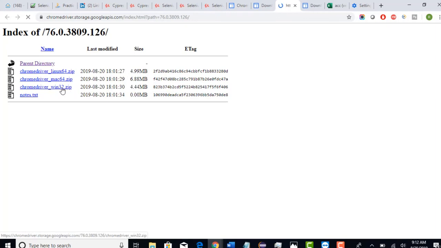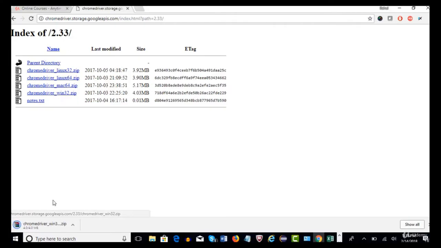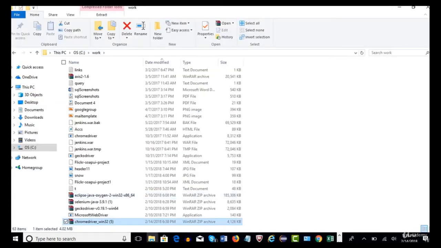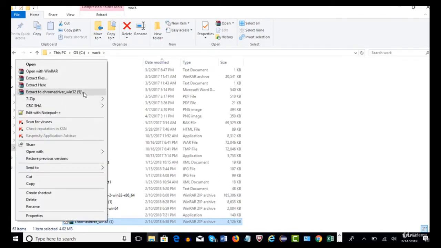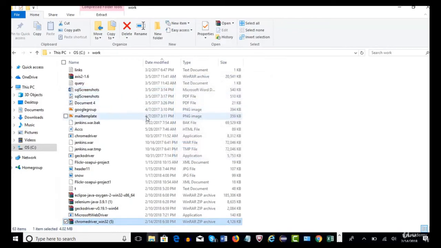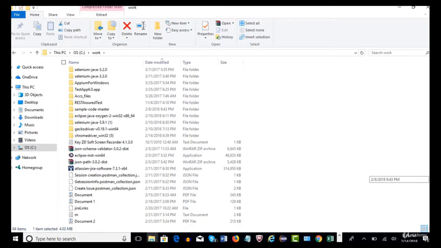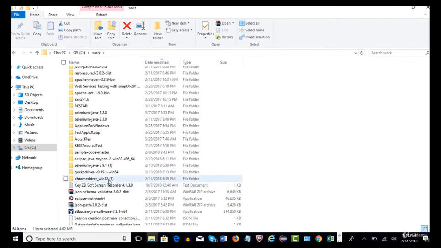For Windows users, just go ahead and click on this download. So if you download, you will see something like this. You need to extract. Okay, this comes in zip format. First, you need to extract this zip. I'll show how it works in our system. Right click and unzip it using any zip software you have. When you say extract to Chrome driver, you will see a folder created for you with that zip. Yeah, this is the one.